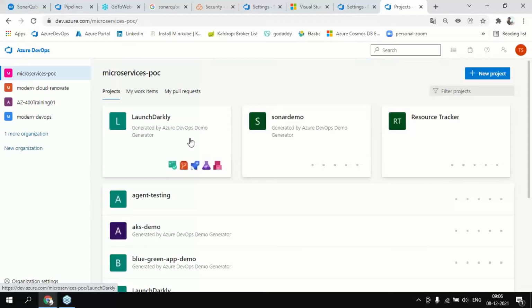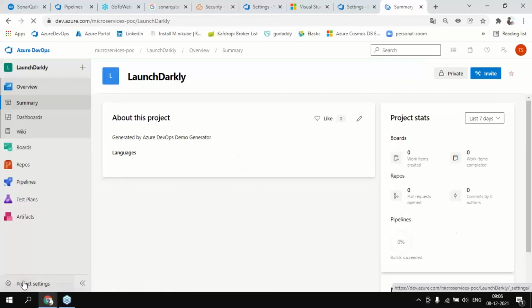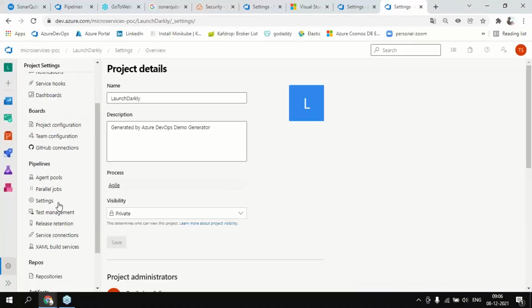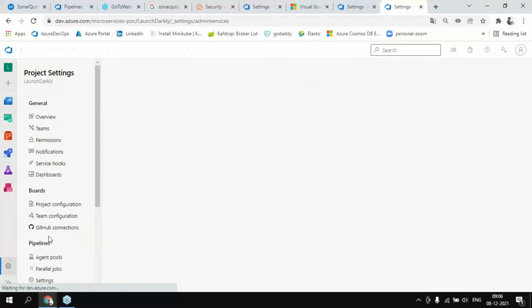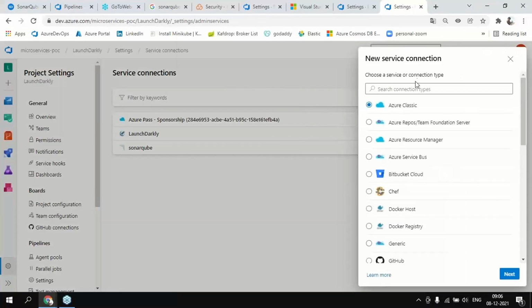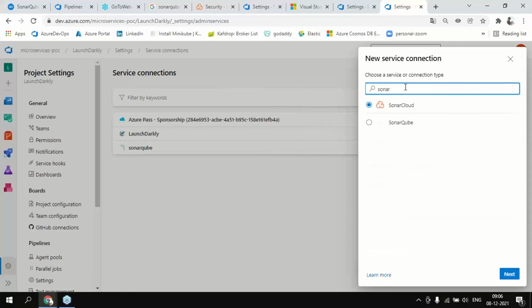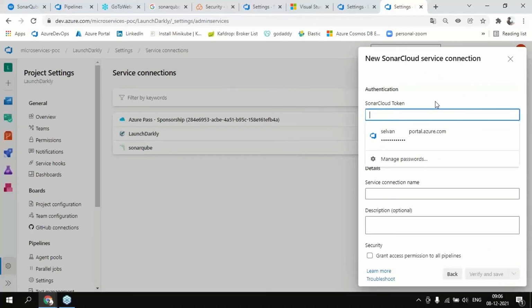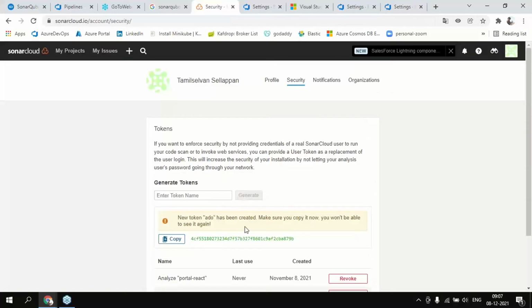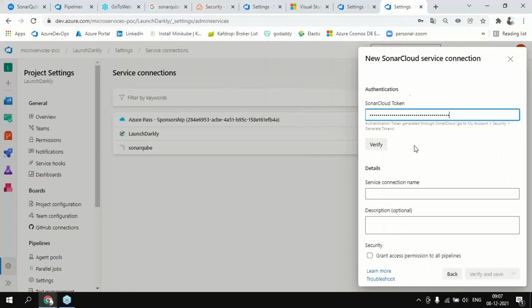Okay, so once I have installed the SonarQube extension, I'm going directly to the launch project, and then here I am going to service connections and searching SonarQube. I think now it will list down. Okay, because earlier the connection was not there, right? But after installing the extension, the SonarCloud connection type is coming here. So I will just select this one, and then the SonarCloud token is whatever we have just copied there. This is the one we have copied here, right? And this one we need to paste it here,